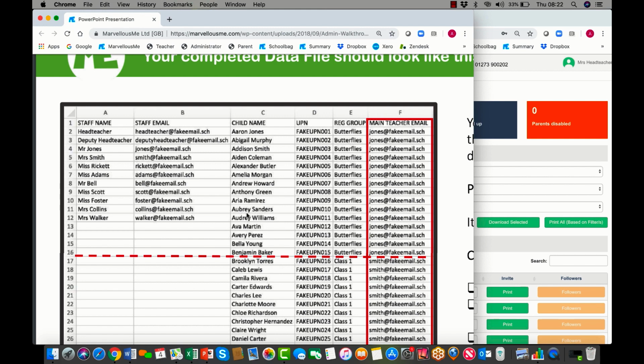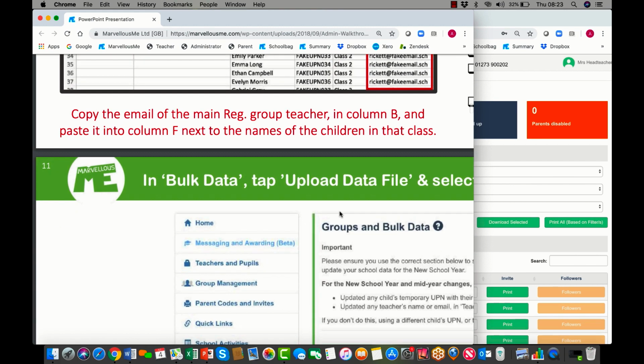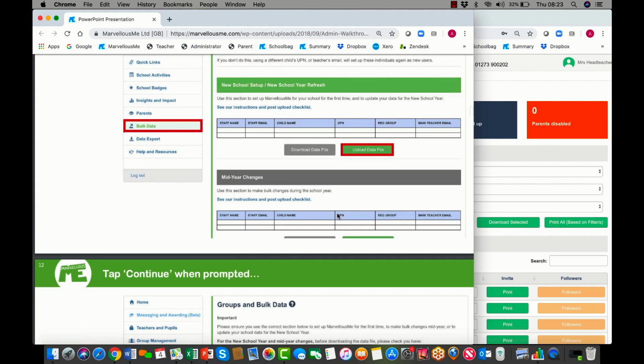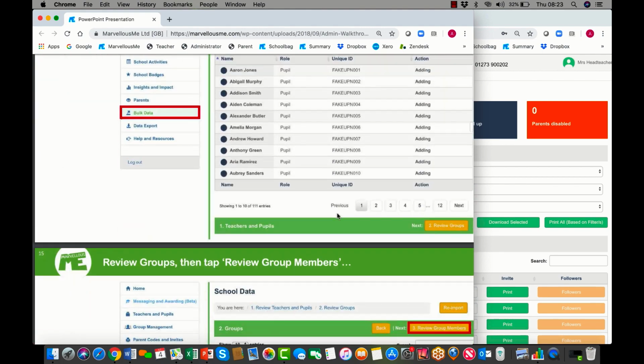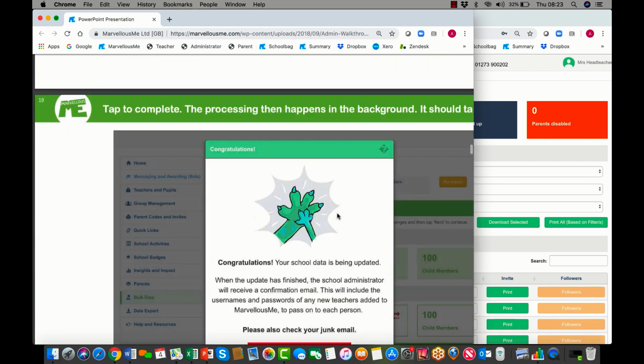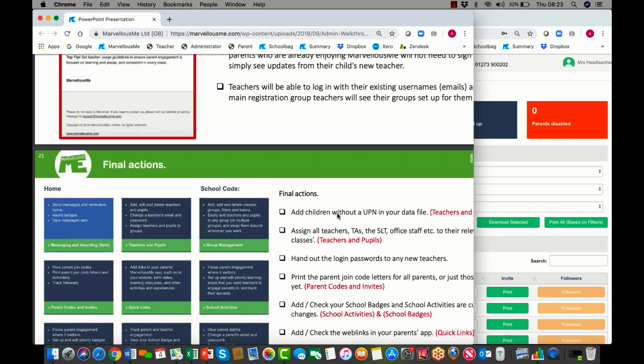So it's always good to have the first and last legal name. But if you've got any problems with that column or you need some help sorting the names in the right format, then just let us know, and we've got lots of tools that can switch names around and so on. But if your data is looking as good as that, then it really should be very straightforward. And then, as I said, all I can really do is urge you to just tick through the final actions,